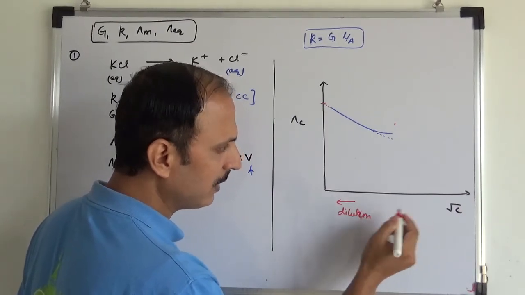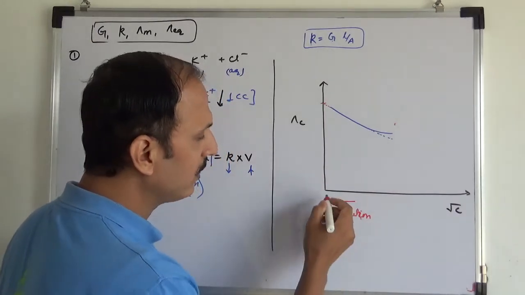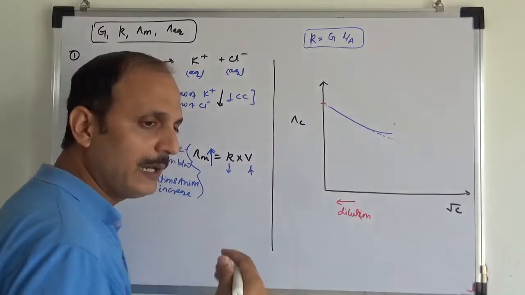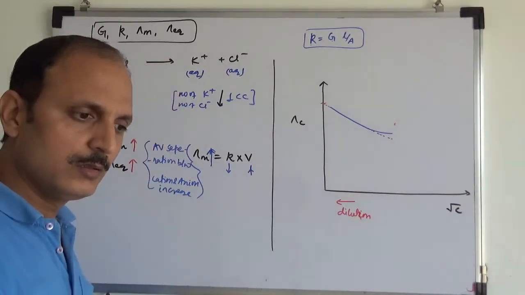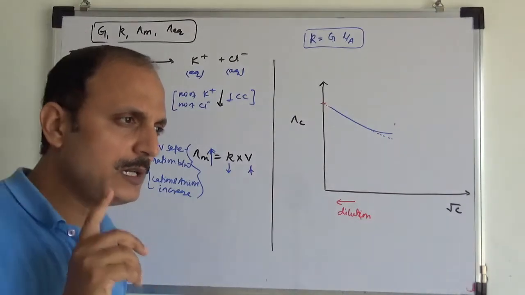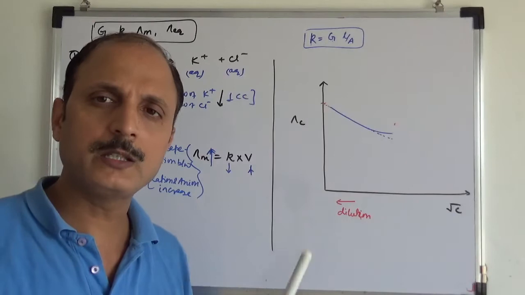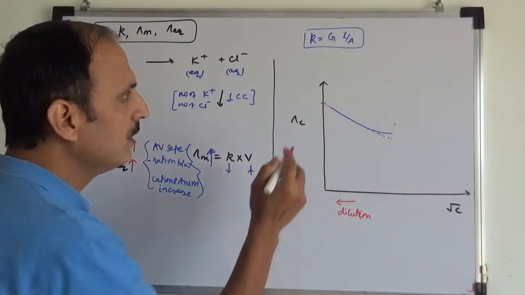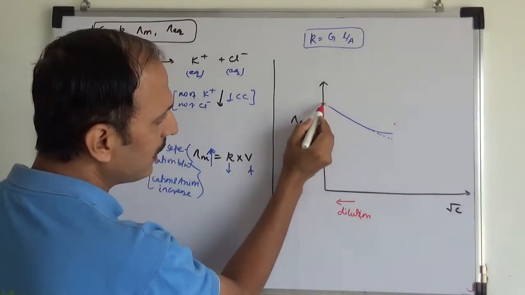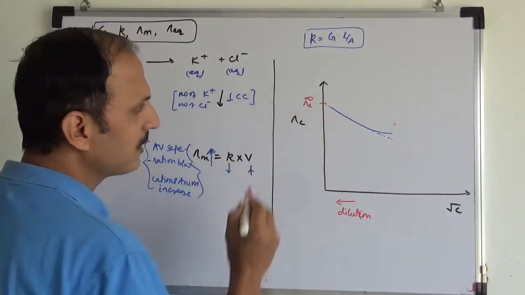Dilution increasing means concentration is decreasing. So for an infinite dilution, when the concentration is almost tending to zero, meaning what? Dilution is infinite, meaning we have added a very large amount of solvent. So if you extrapolate this straight line, where it cuts is called the molar conductance at infinite dilution